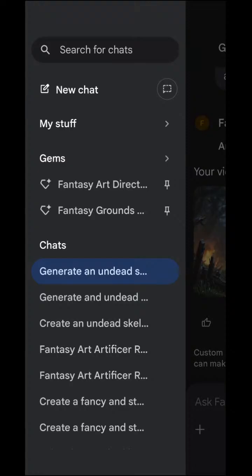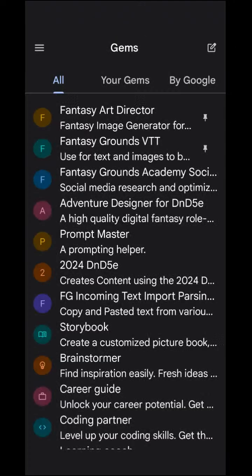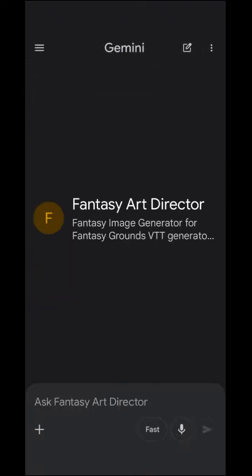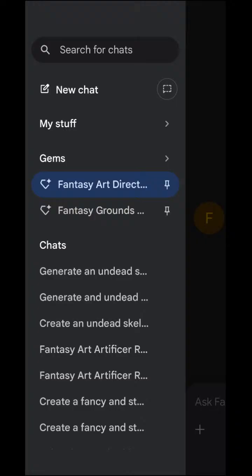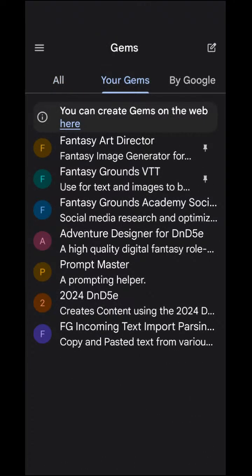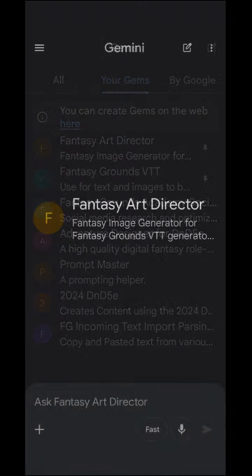So if you go to gems, and I'm going to click on your gems, so you can create gems within the Gemini interface. And this one is called the Fantasy Art Image Generator. So I'll go to gems, go to your gems, and then I can go in and edit it and change the parameters and what it says. But anyhow, that's all I got for